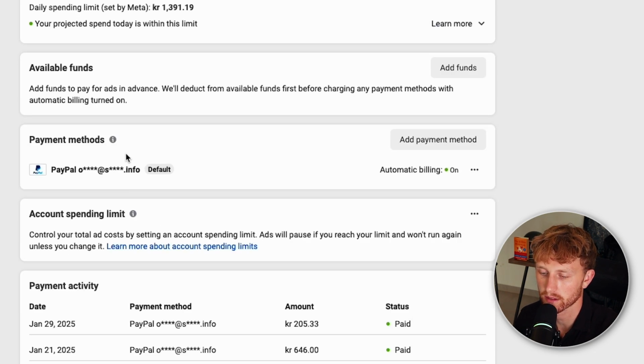Now, under payment methods, I have PayPal here by default, but you can also add more payment methods. And I highly recommend setting up a backup payment method just in case the default one does not work. Because if Meta tries to charge you, but it's not able to do so,